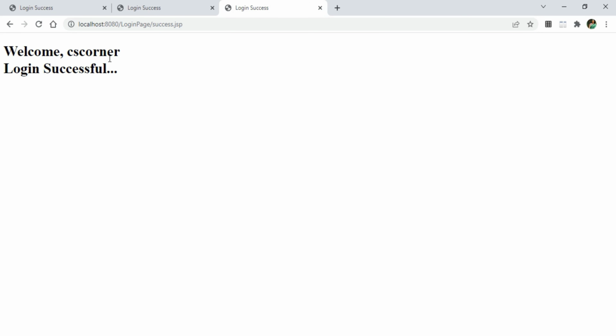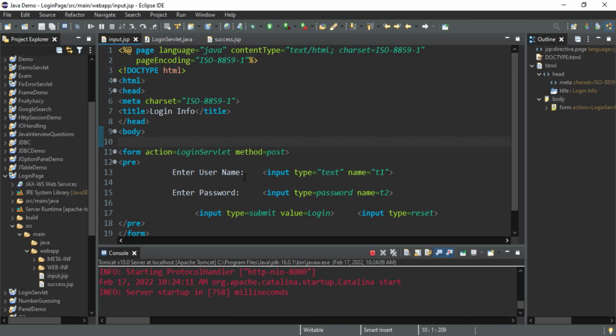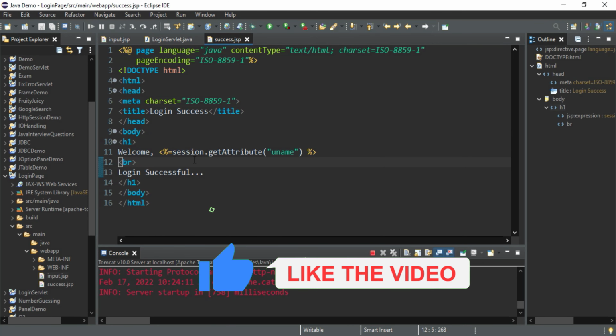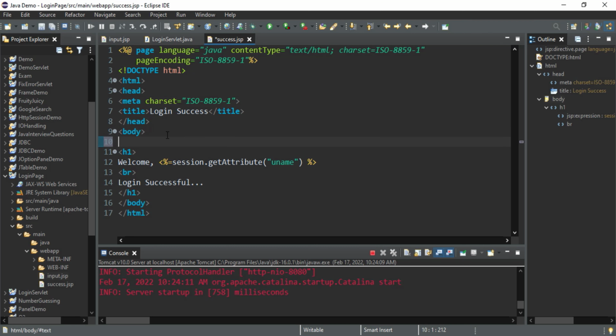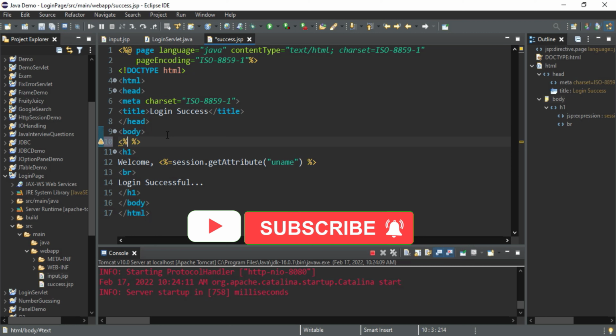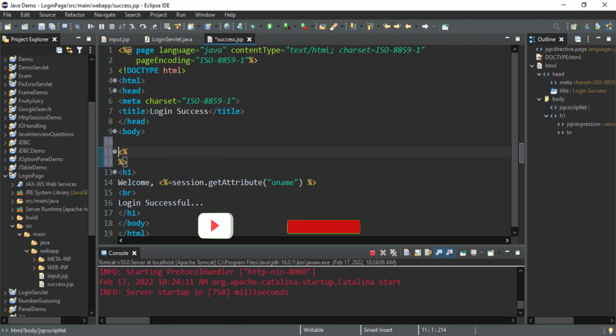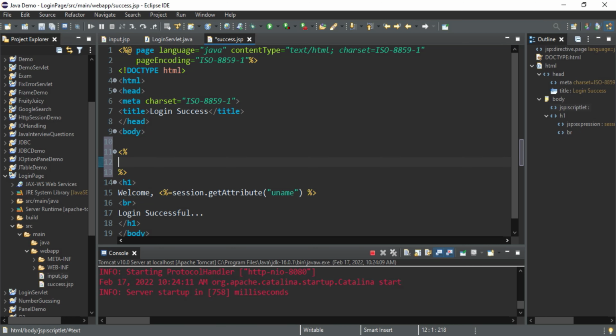So for that I'm going to write one more line in my code. Again I'll go to my success.jsp and I will check if the username is equal to null, then I'm going to redirect the user to my input.jsp file. So here I will be writing the scriptlet tag of JSP, less than sign %, and inside that I'm going to check if my username is blank or not.